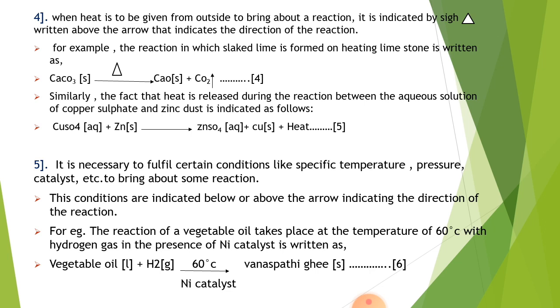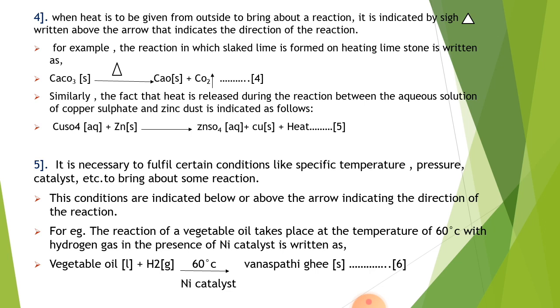Equation number 5. It is necessary to fulfill certain conditions like specific temperature, pressure, catalyst, etc. to bring about some reactions. These conditions are indicated below or above the arrow indicating the direction of reaction. So for example, the reaction of vegetable oil takes place at the temperature of 60 degrees with hydrogen gas in the presence of nickel catalyst, written as vegetable oil, that means it is in liquid state, plus hydrogen gaseous